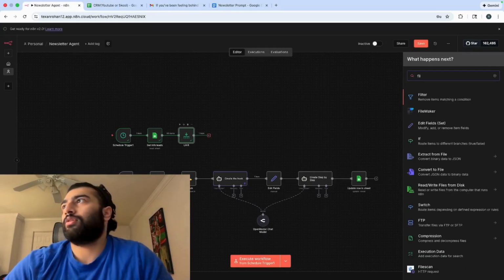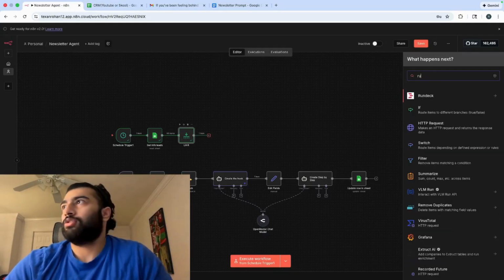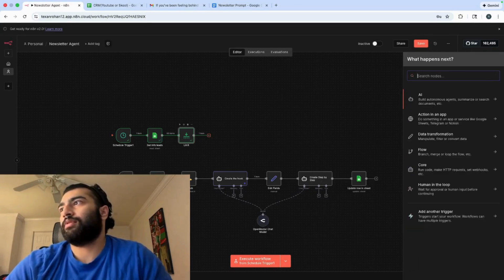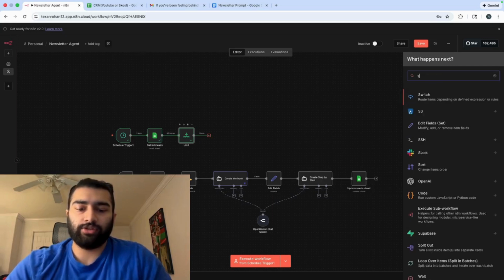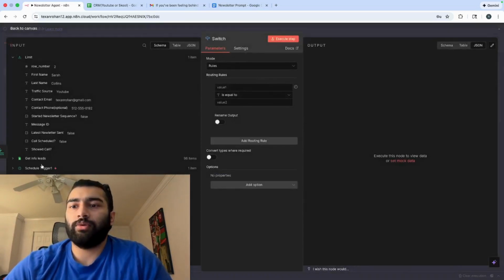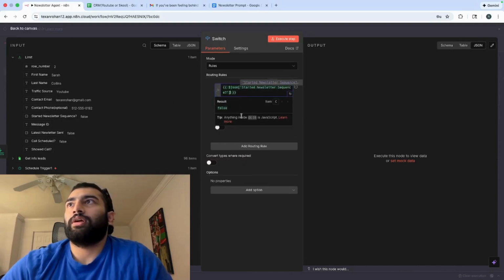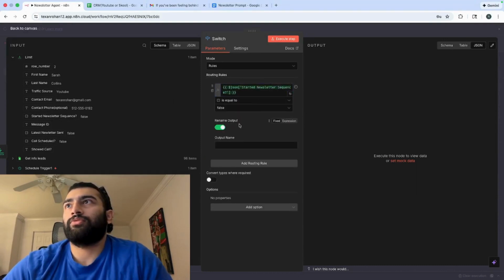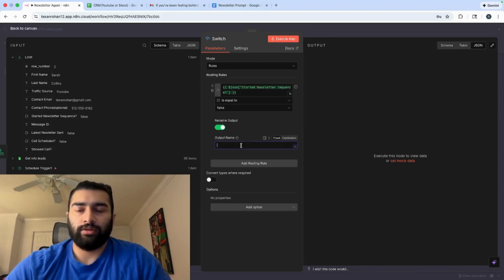So now we're gonna have a filter, or a route, my bad. So the filter just sees if it makes sense to proceed. The switch, my bad, would be the one that routes two things. So the way we're gonna do this switch is if the leads is false or not, right? So we're gonna go to start email sequence, and we'll say is equal to false, and we'll rename it, and we'll call it